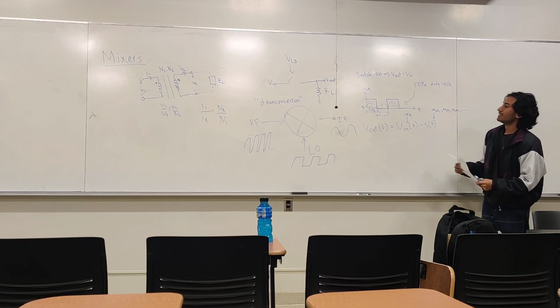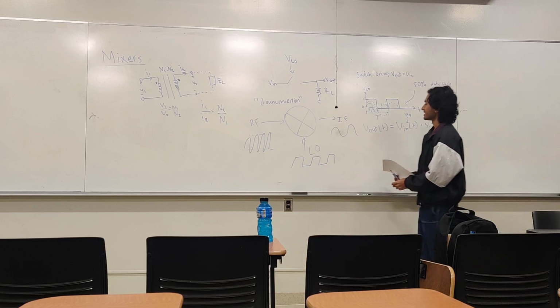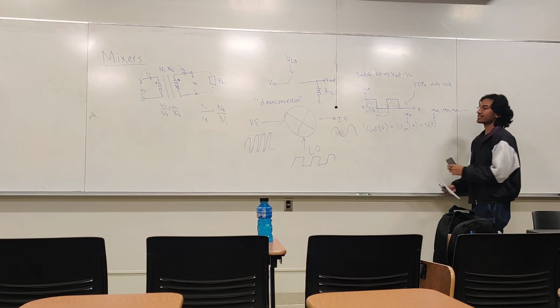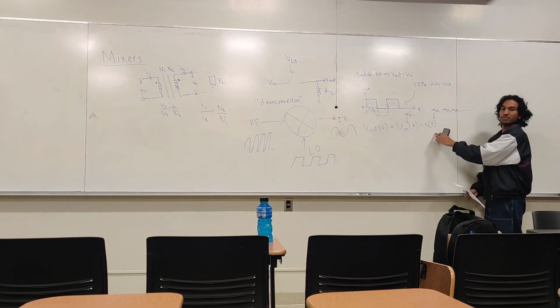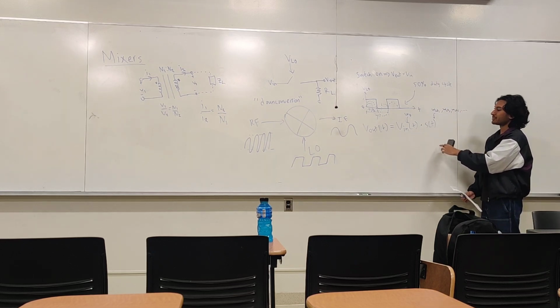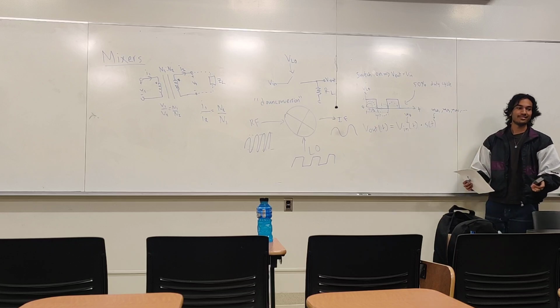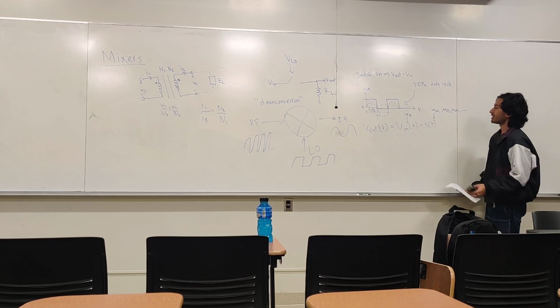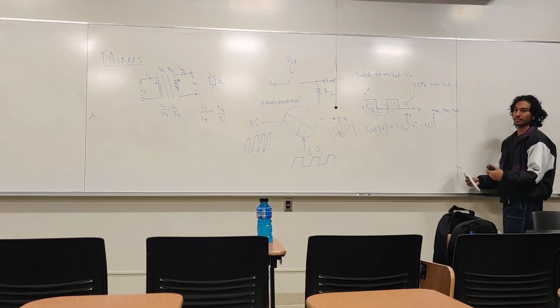Cool. All right. So now I'm going to erase some of this, and we can go into the frequency domain and actually analyze what's happening in this multiplication here. In the time domain, we're saying multiplication, and in the frequency domain, that's convolution, right? So we're going to have a convolution of some omega naught with this sum of omega LO1s,